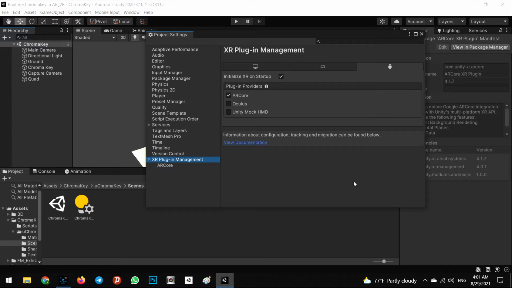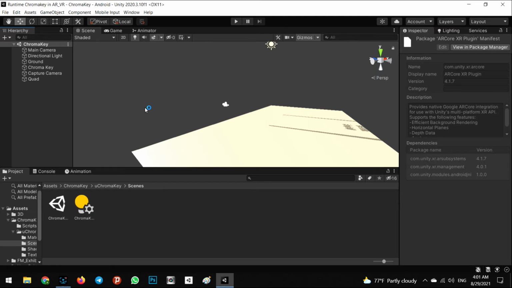The next step is we have to go to the XR plugin management. After you install it, you will see plugin providers. You need to check on the AR Core. If you do that, the AR foundation is ready to use for you. Okay,